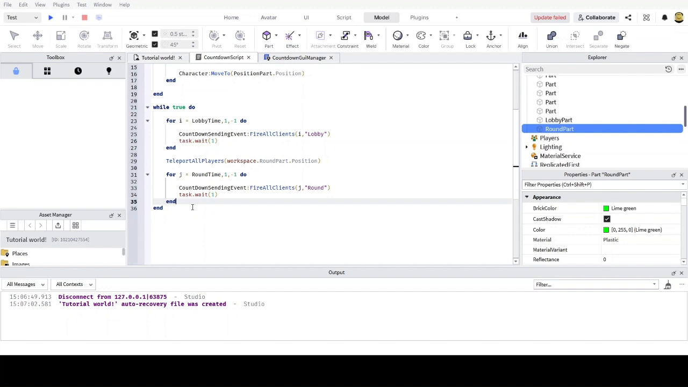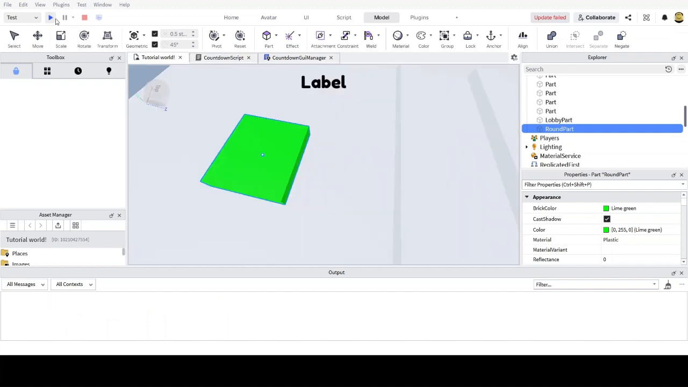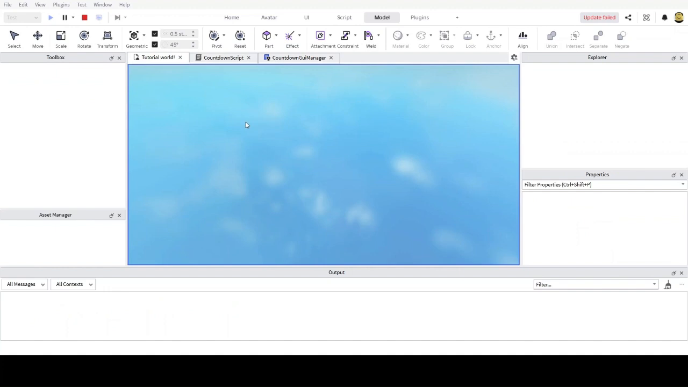And after the round ends, we also want to teleport all players back to the lobby as well. So we're going to put the teleport all players function and workspace.lobbypart.position. And yeah, I guess that's pretty much it. I'll just put a task.wait after teleportation, just in case we want the game to process a bit. So just put task.wait and I'll put it over here as well. And yeah, that's pretty much what the whole script is about. This is how this whole round system is going to work. So now if I hit play,